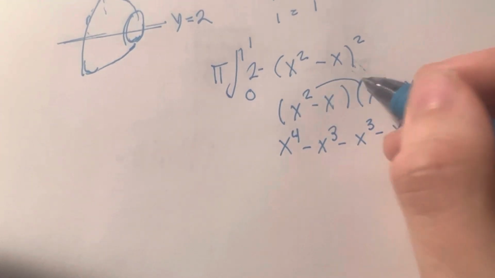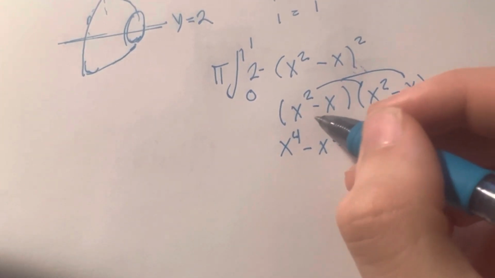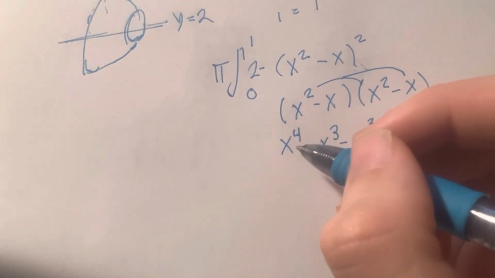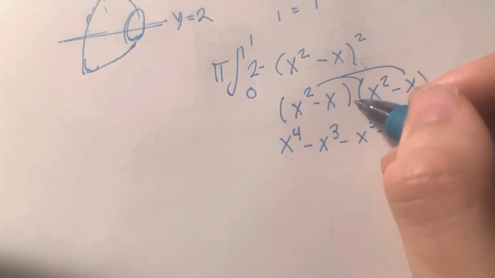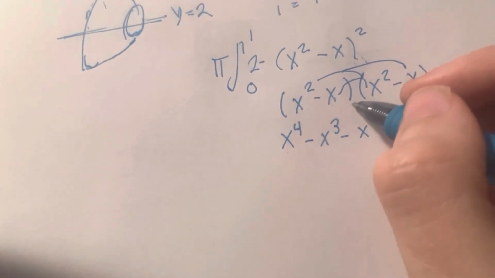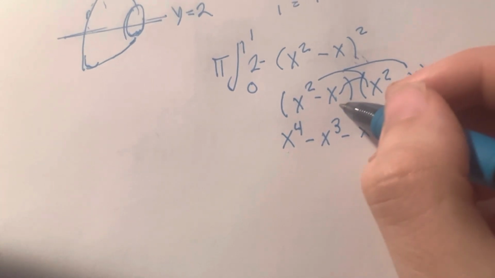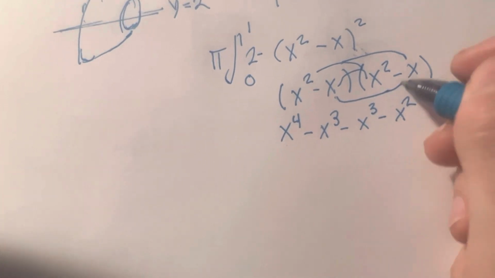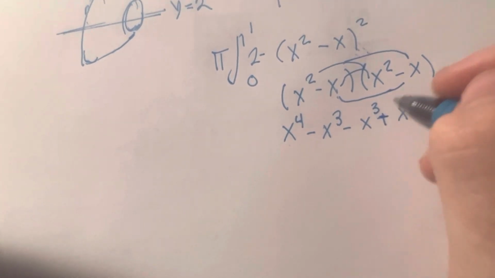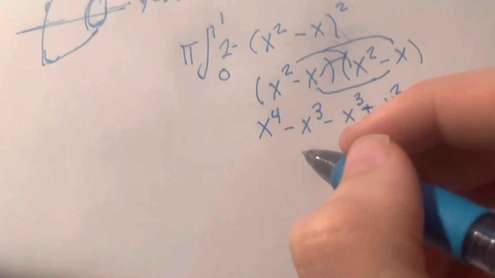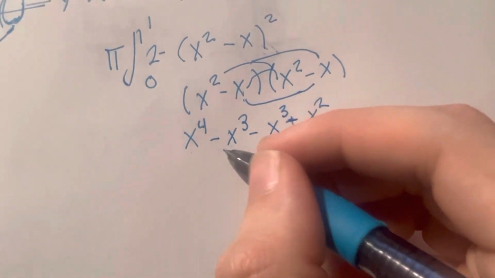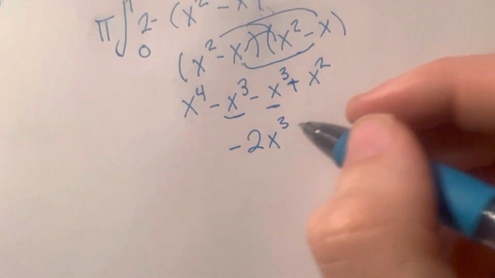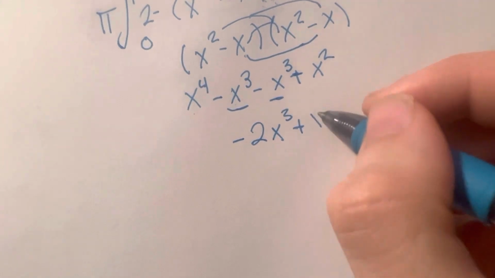So multiplying this out, just to check myself, we're multiplying here and we're multiplying here. X squared times x squared is x to the fourth power. Negative x times x squared is negative x to the third power. And then negative x times negative x, I caught my mistake here, that'd be x squared. So since these are common terms with the same power, we would combine these two, and that would give us 2x to the third power plus x squared